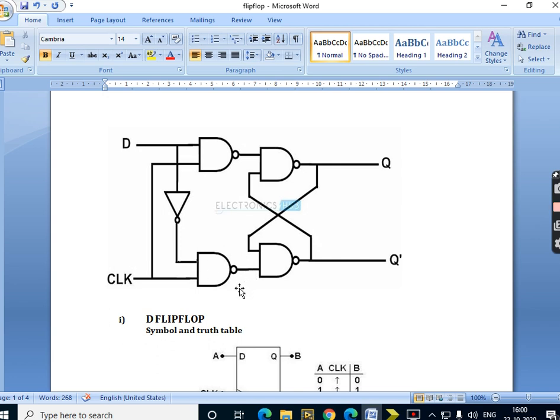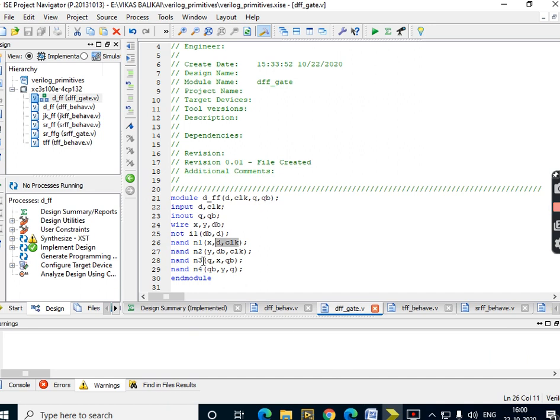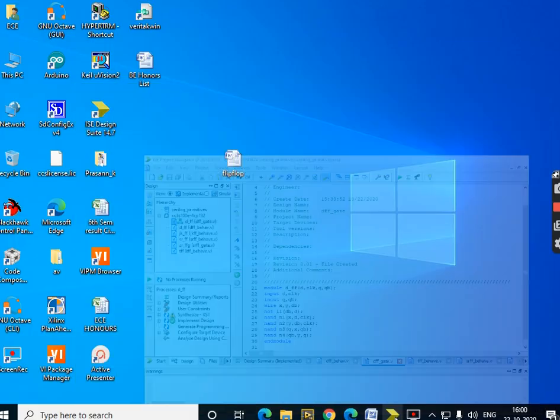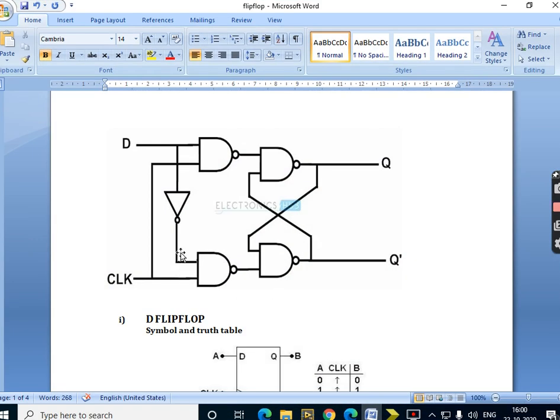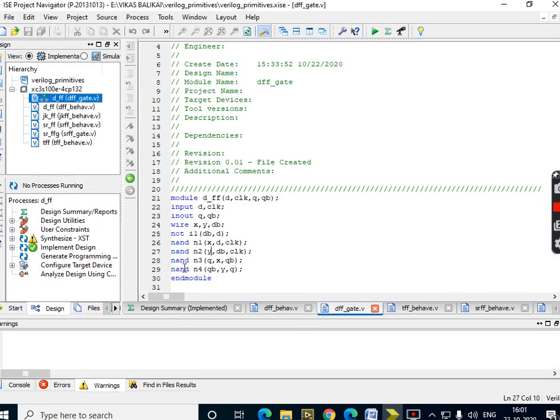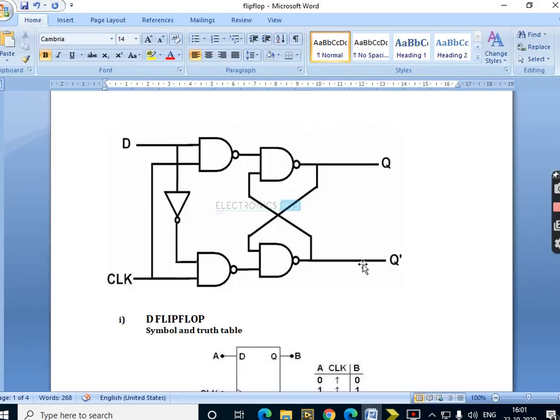So therefore what I will define this as wire. So what is defined as wire? Y. So therefore you can see that in wire I have defined X, Y and DB. 3 are required. So where are they available? Can you tell me where they are available? One is this. This is called DB. This is called X. This is called Y. Okay, clear?